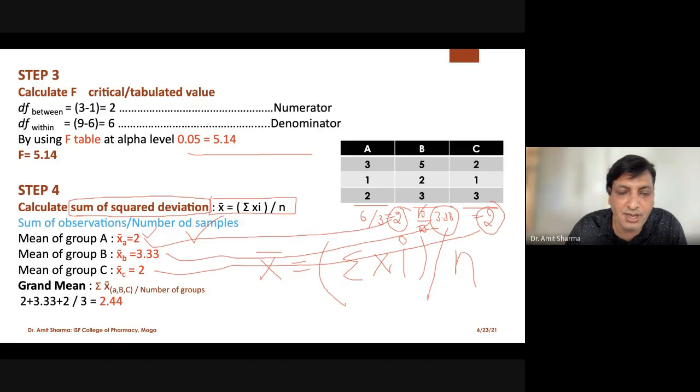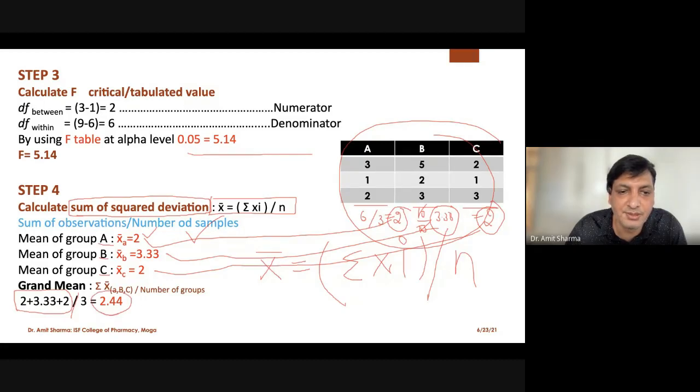Once you have calculated the mean of all 3 groups, you have to calculate the grand mean. Grand mean means the grand mean of all the 9 readings. So you take the means you calculated for A, B and C and divide by 3, and you are going to get the grand mean.